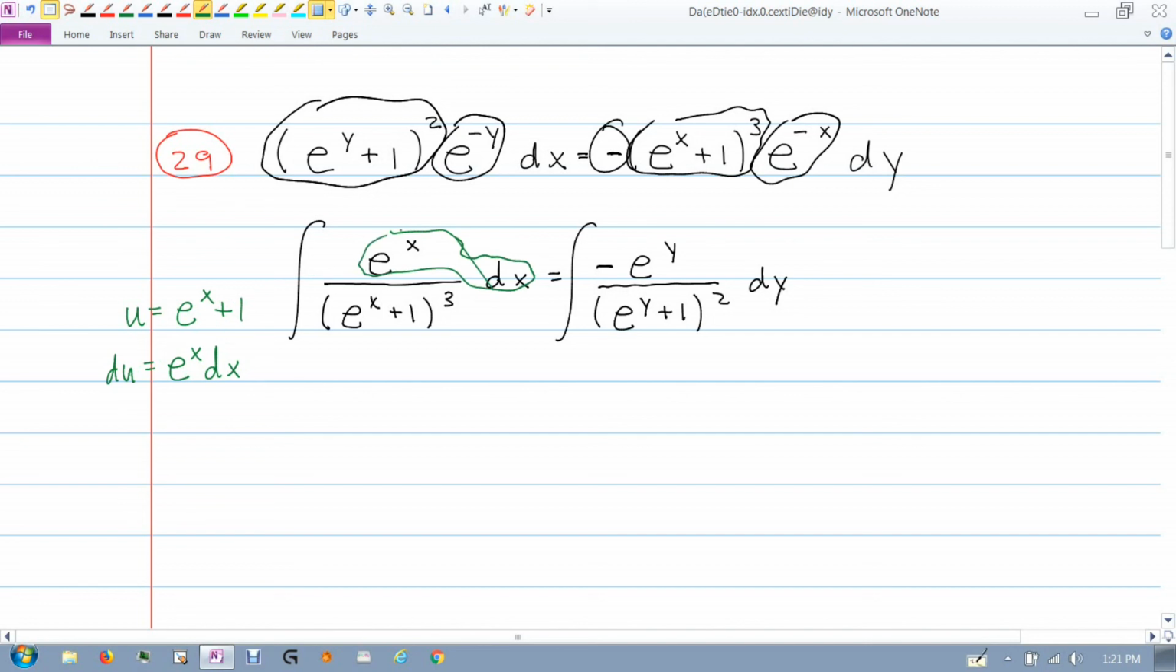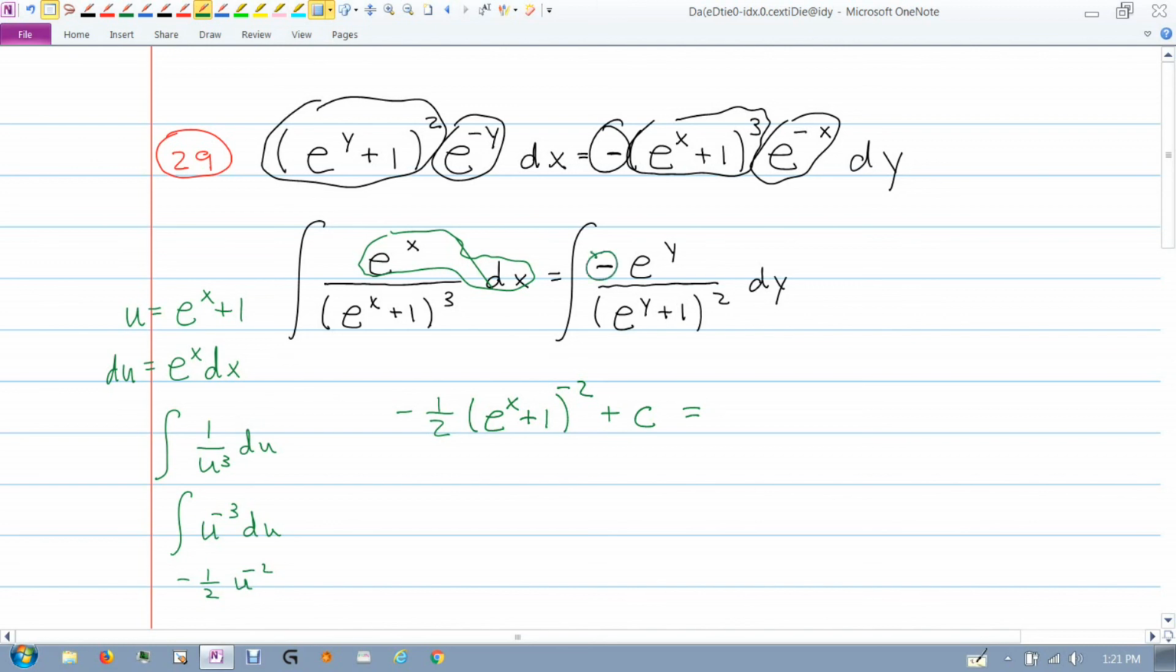So that's just going to turn out to be an integral of 1 over u cubed du, which is really the integral of u to the negative 3 du, which is negative 1/2 u to the negative 2, plus a constant. So that's going to be negative 1/2 u, which was e to the x plus 1, to the negative 2. All right, that's our antiderivative of the left, plus a constant, equals, now on this integral I have a negative